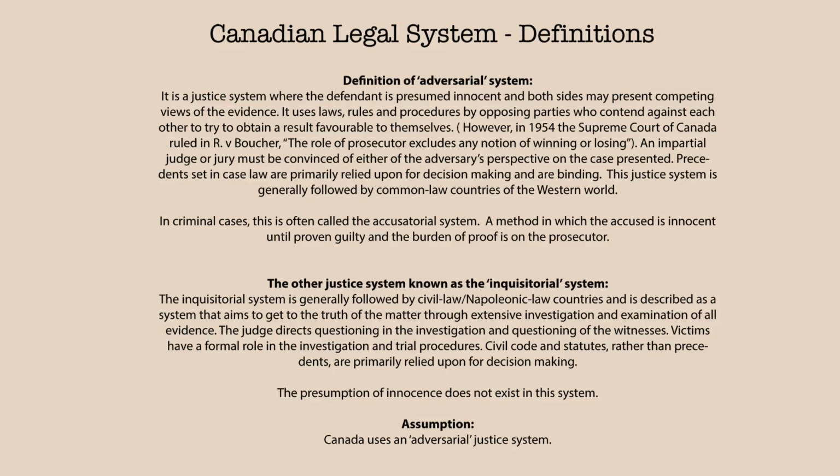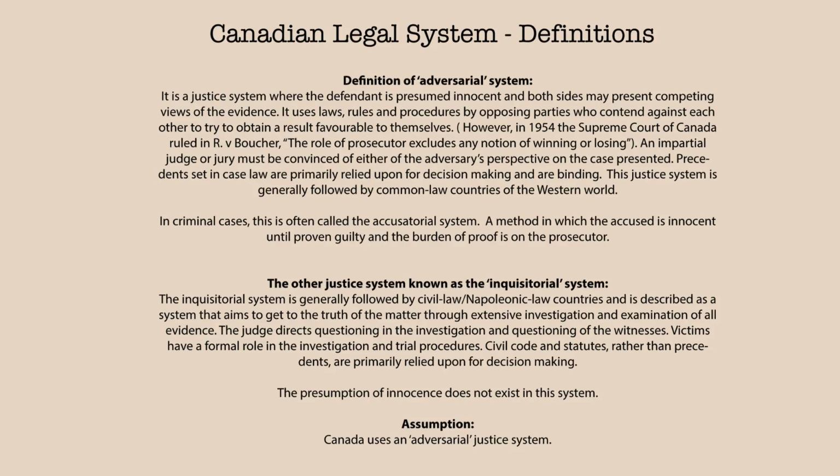So, in case you're wondering, there are actually two justice systems that the Western world uses. Many countries use the adversarial system, and many countries use the other system, which is known as the Inquisitorial justice system. So the definition of adversarial system, the wholesale definition, is this. It is a justice system where the defendant is presumed innocent and both sides may present competing views of the evidence. It uses laws, rules, and procedures by opposing parties who contend against each other to try to obtain a